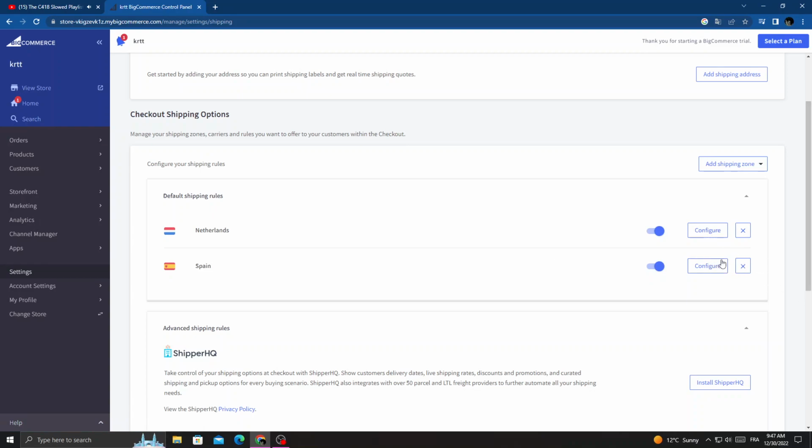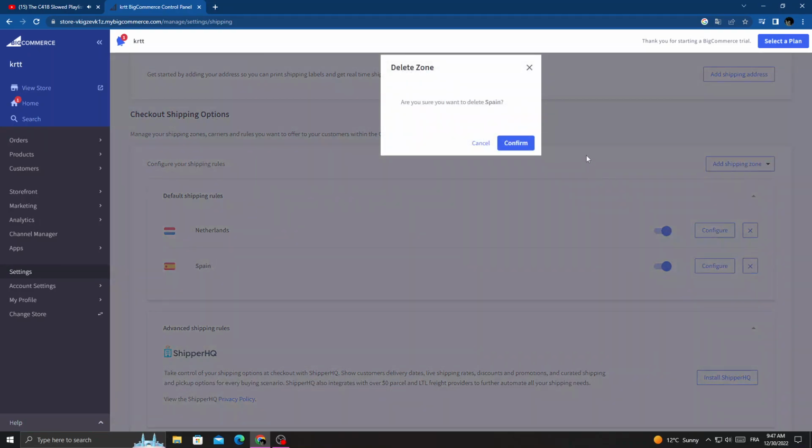You can remove it if you want. Just click this X icon here,